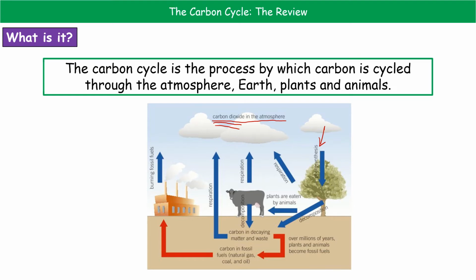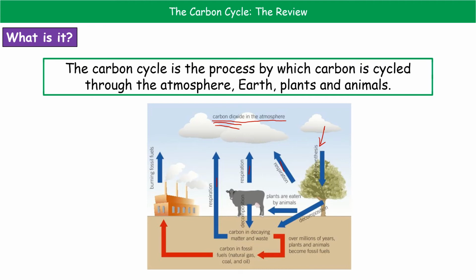Then we've got 3 arrows, this one, and this one, that are all showing respiration. Now respiration, if you're thinking about word or balance symbol equations, is the opposite of photosynthesis. This is where glucose and oxygen are going to create carbon dioxide and water. And all living things respire. So the plants, the animals, the bacteria, whatever it may be, they all carry out respiration, which returns carbon dioxide